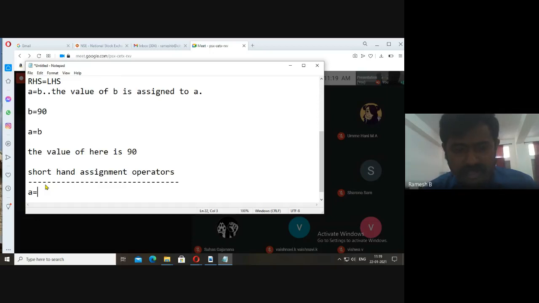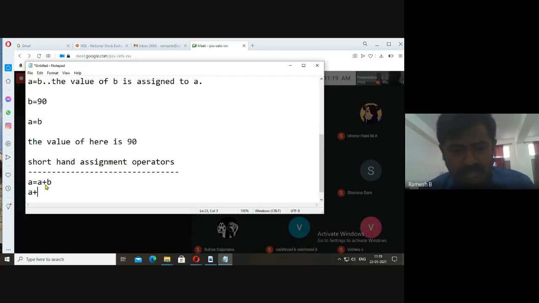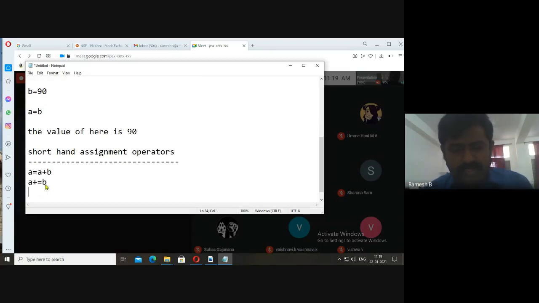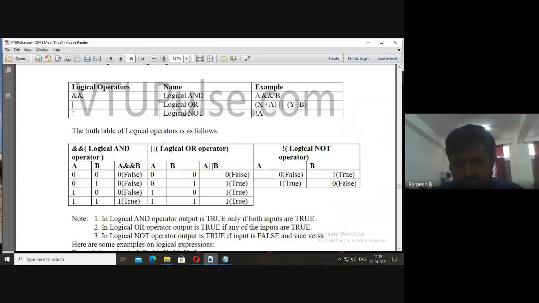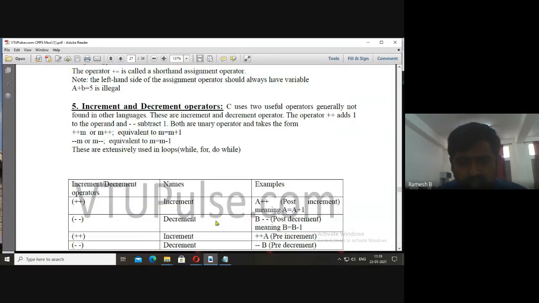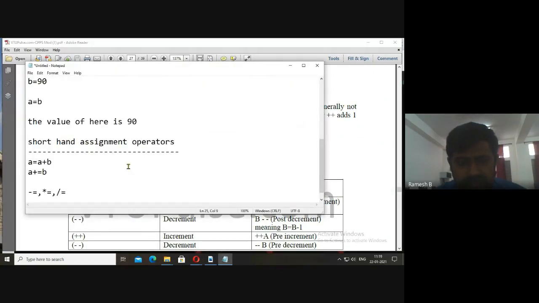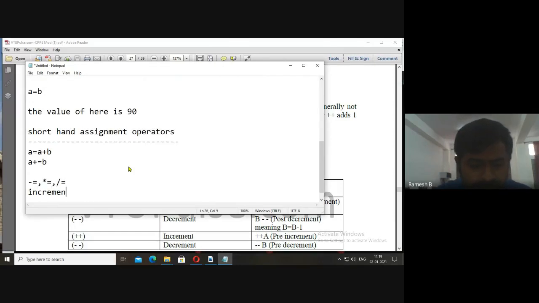If you take the example A is equal to A plus B, instead of writing that, we can write A plus is equal to B. Like this, we will have minus is equal to, star is equal to, division is equal to. All these are shorthand assignment operators. Along with that, I told you about increment and decrement operators.